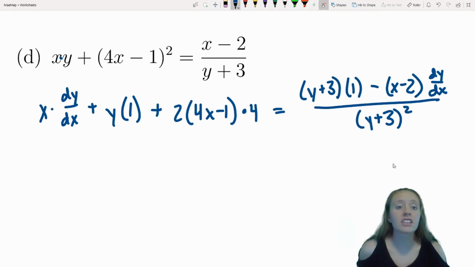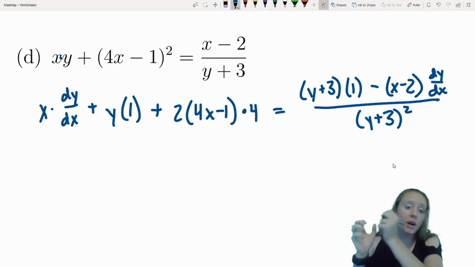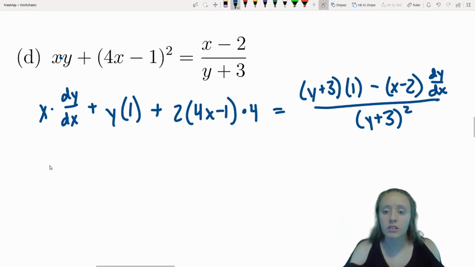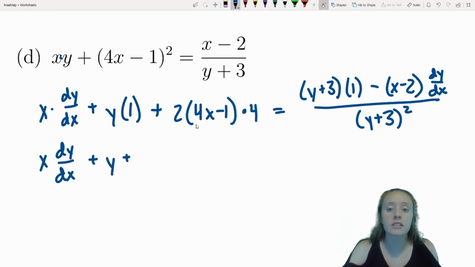Now from here, this looks a little messy because we want to isolate dy/dx, but it's really just algebra from there. So let's go ahead and simplify this problem down a bit, and then I'm going to get all of my dy/dx's on the same side of my equation and everything that doesn't have that y prime to the other side. So I'm going to leave x dy/dx as is, and then this is going to be plus y plus 2 times 4 is 8. 8 times 4 is going to be 32, so I'll have a 32x minus 2 times 1 times 4,